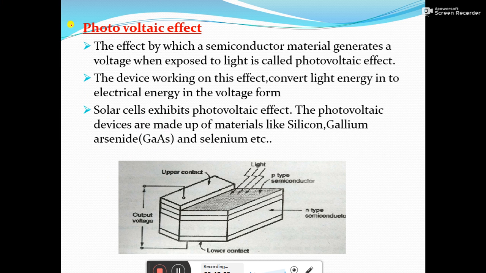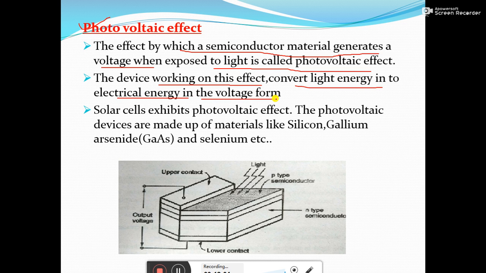Next one is the photovoltaic effect. Here, this is the effect by which semiconductor material generates a voltage whenever it is exposed to light. So this working principle is referred to as the photovoltaic effect. The devices which work on this effect convert the light energy into electrical energy, but in the